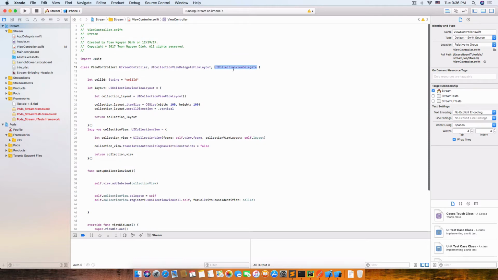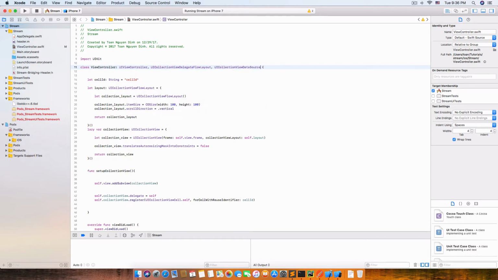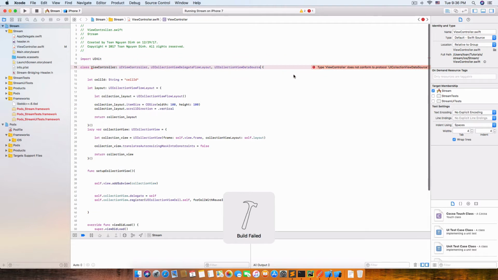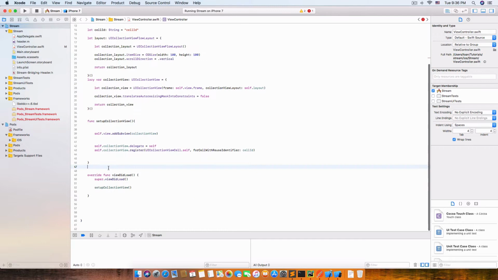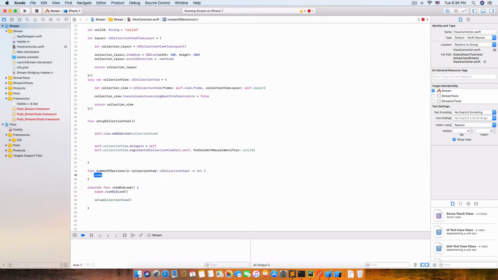So we need to change to UICollectionViewDataSource, and change it, and now hit Command B, and you should see a missing function to implement in it. So now you should see numberOfSections, and in numberOfSections,